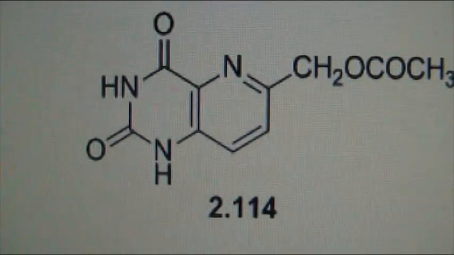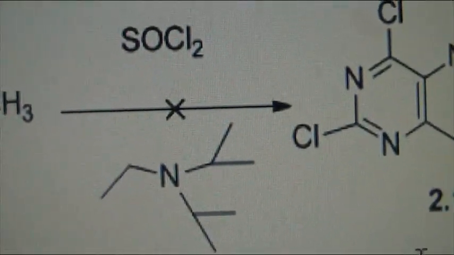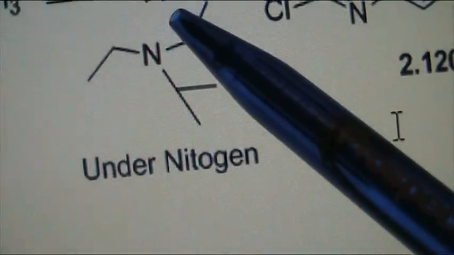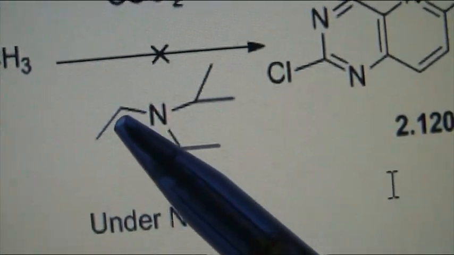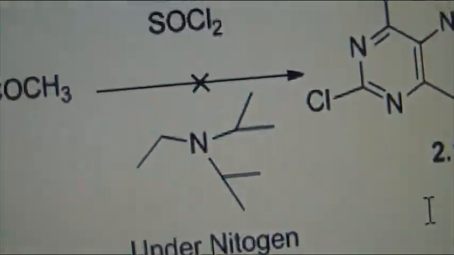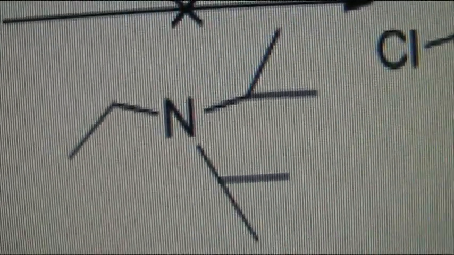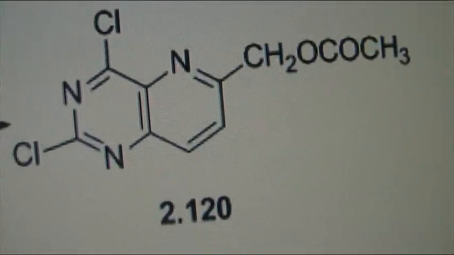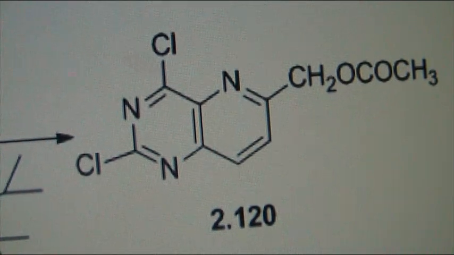For chlorination, we use other reagents. This is thionyl chloride, and this is diisopropyl and ethylamines. So this is an amine, single amine, and thionyl chloride, and you can get this one's chloro product, dichloro. Other thing,